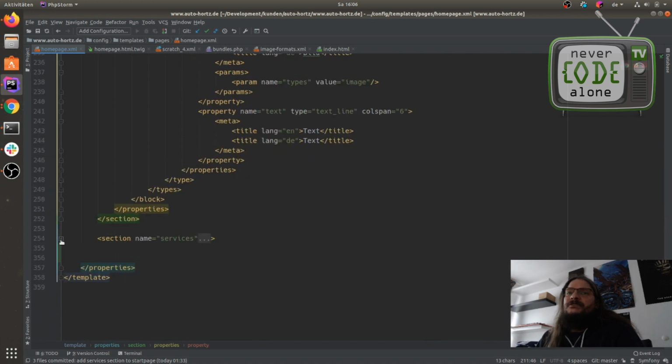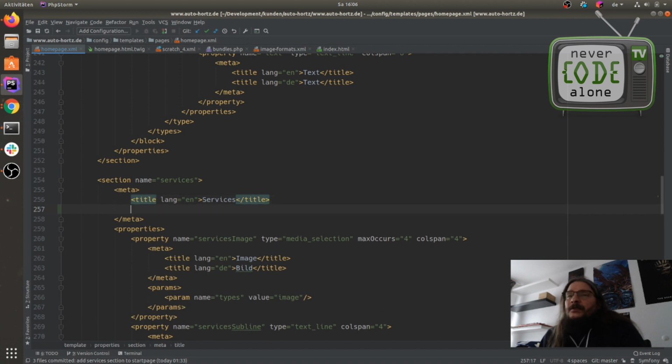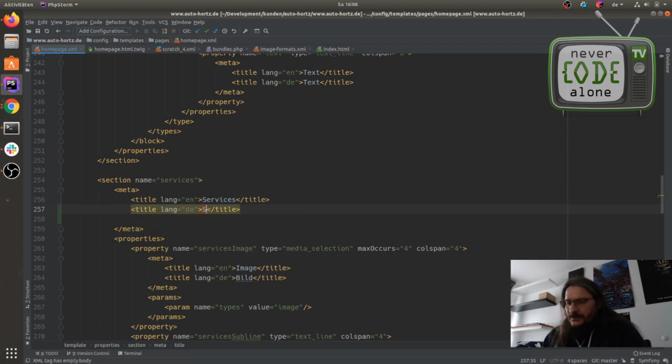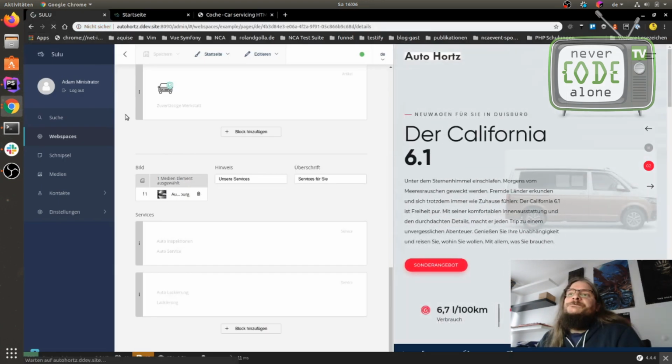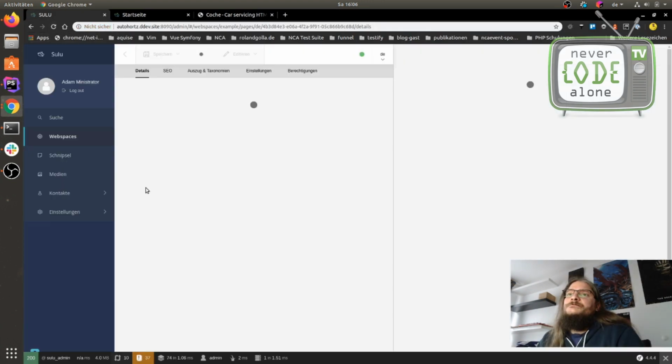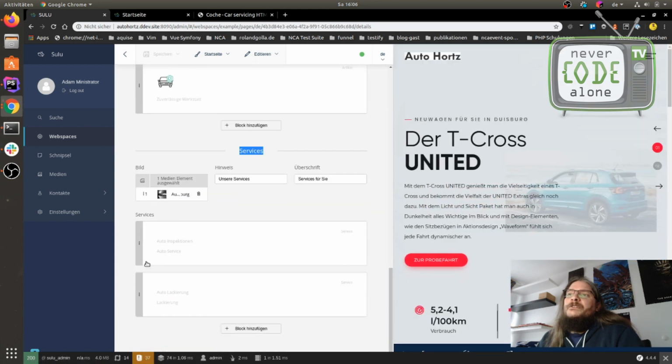It's from the services, and now I can add a title for DE and say services. It's the same word in German. And when I reload the admin area, I now have a headline here.